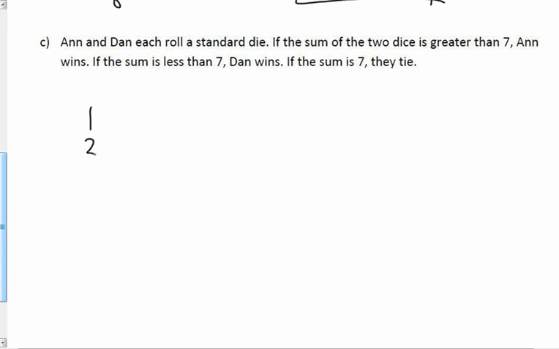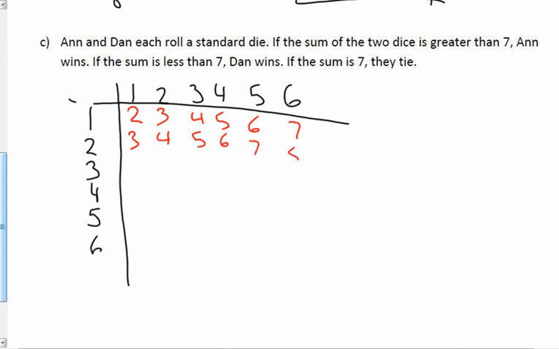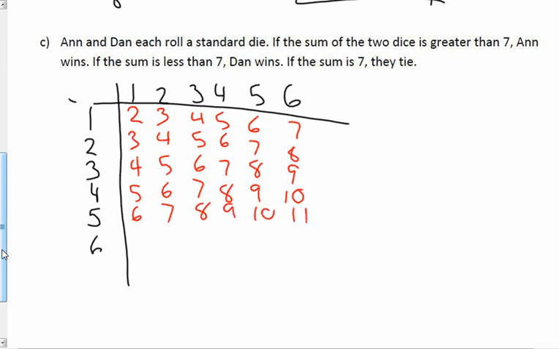So if we can do our sums like this. We've got 2, 3, 4, 5, 6, 7. Okay, so these are the sums here. 3, 4, 5, 6, 7, 8. 4, 5, 6, 7, 8, 9. 5, 6, 7, 8, 9, 10. 6, 7, 8, 9, 10, 11, 7, 8, 9, 10, 11, 12. And from here we can see